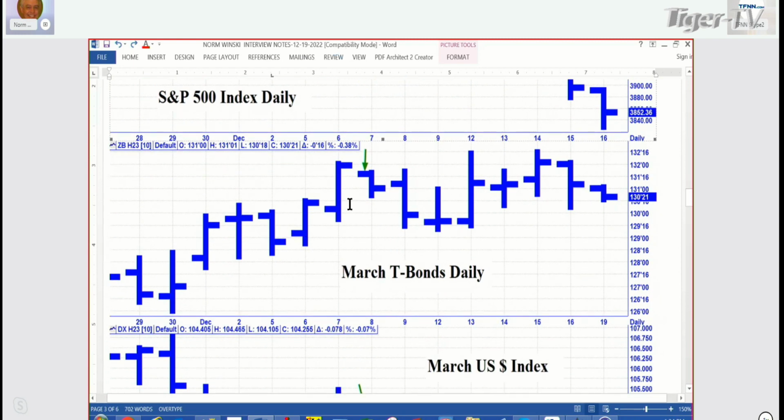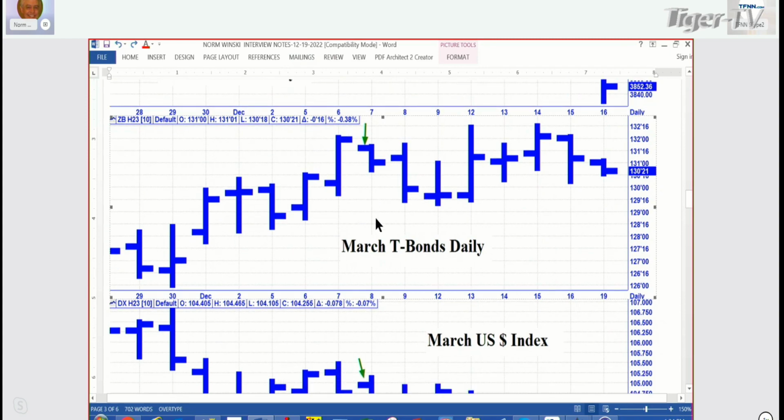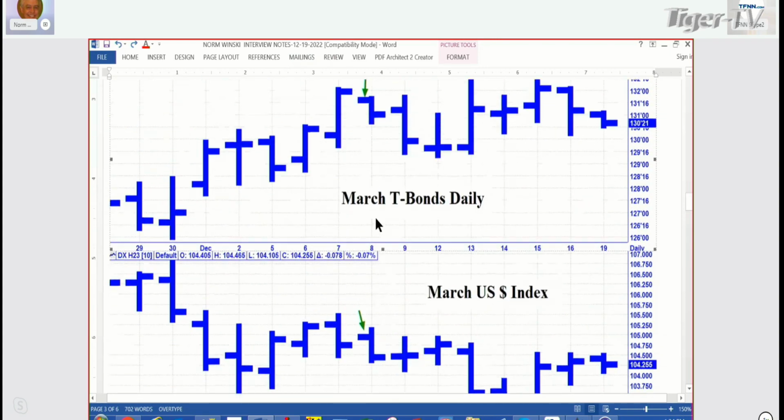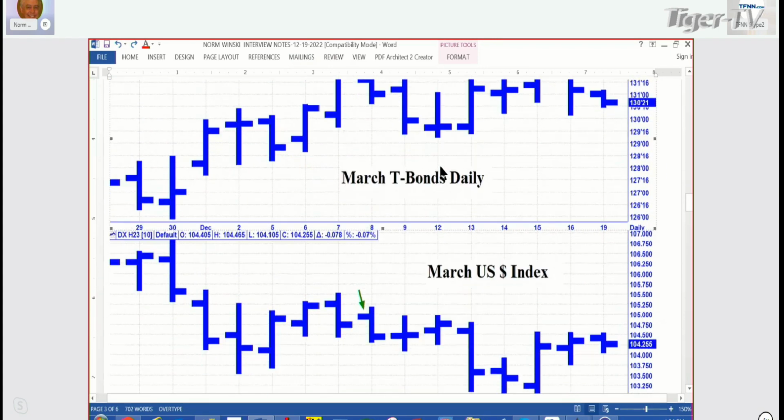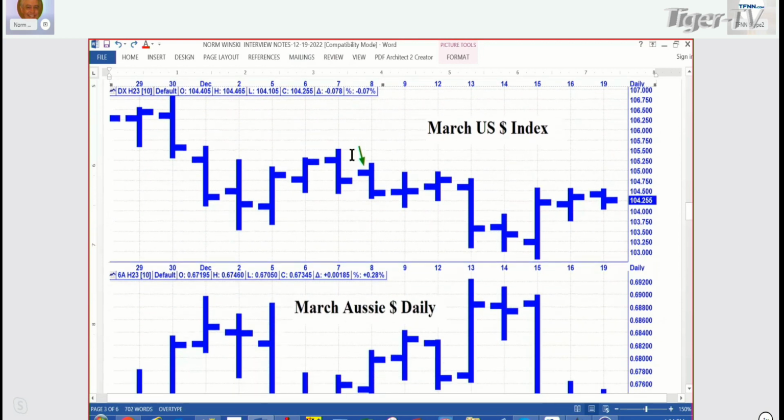Here, bonds were much friendlier, up, up, up, right? You had a chance to sell there on the moon, just a little bit off that top, and it went down, and you had a chance to make some nice money there. I think it was about two and a half handles, about $2,000. Here's the U.S. Dollar index. Had a little pop up here. It sold against that high, and it made a small amount of money there.